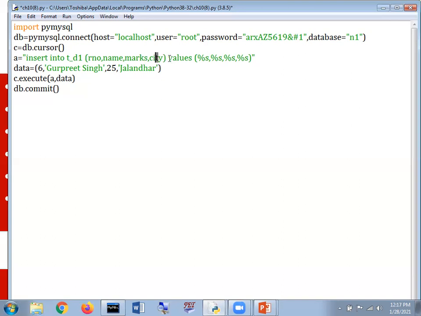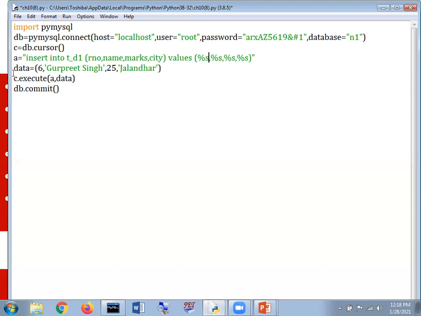After that, there is a keyword called values, and percentage s represents that we are supposed to enter a string in that particular data. How many fields or columns are there where we are supposed to enter the data? That should be 4. That's why we are mentioning percentage s, percentage s, percentage s, and percentage s.